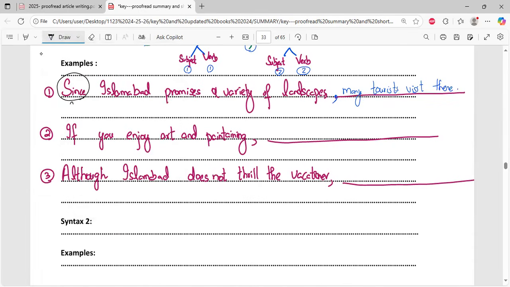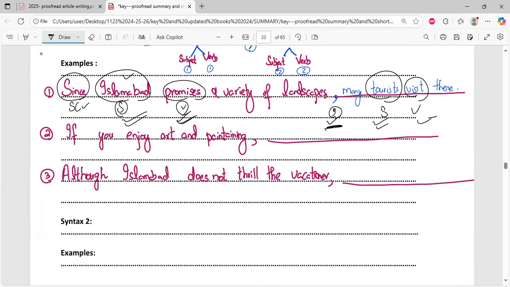Yes, you have a subordinating clause. Correct. Yes, you have a subject, the doer. Correct. Yes, you have a verb. Correct. And then you are punctuating it with a comma. Correct. And in the other part, there should be a subject and verb as well. Again, you have a subject. The doer is now, instead of Islamabad, tourists. And then you have a verb. Correct. So on both sides, if I can spot one subject and verb punctuated by a comma, then I will consider it a complete, correct, complex sentence.